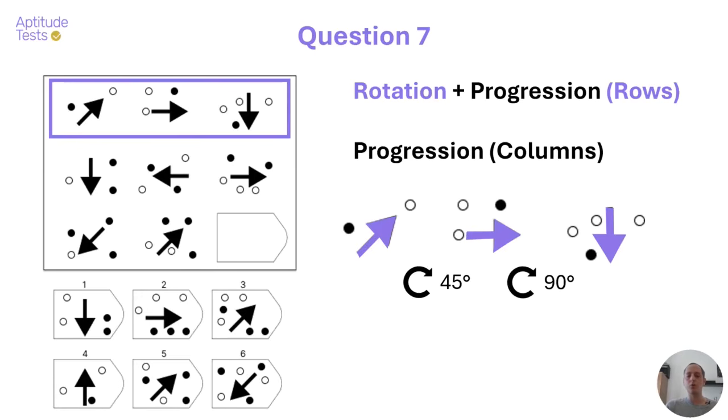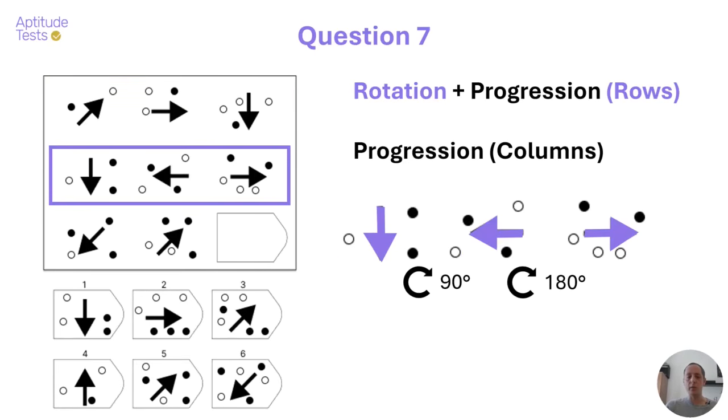And the same goes for the second row as well, right? So we start with a 90 degrees rotation in the first step, then 180 degrees in the second. And if you look at the third row, you're going to see that we start with a 180 degrees rotation, which means that the second step is going to be 360 degrees rotation, which yields the exact same arrow. So either answer 3 or 5 are going to be the correct answers based only on this pattern, but